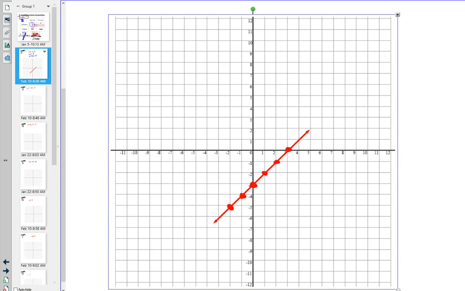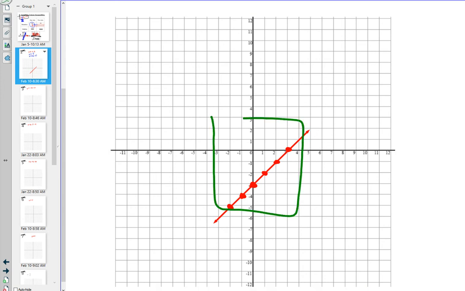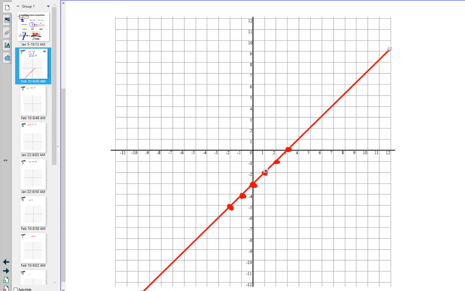But now I have to be able to define a space. So here, my space, what's called the window, my window extends 12 units in every direction. I need to be able to clearly split that space into 2 sections. Your window might be smaller, but however big your window is, you need to make sure that you drag that line, or use your ruler, to take that line all the way to the edges of the boundary. You still put an arrow, but